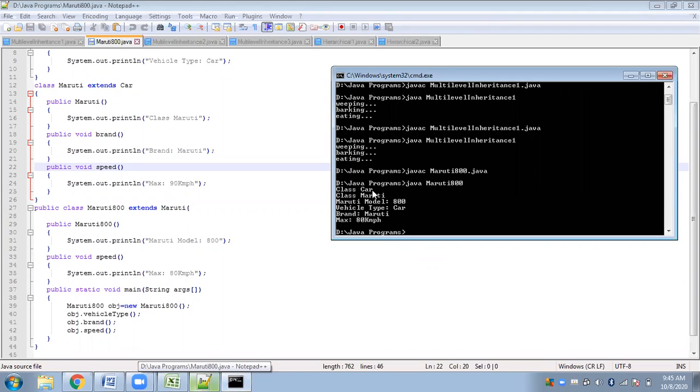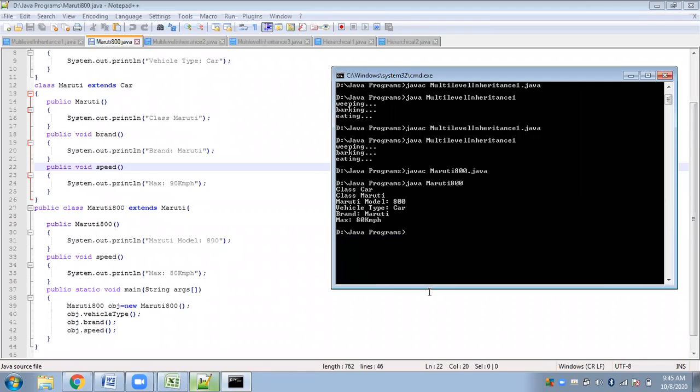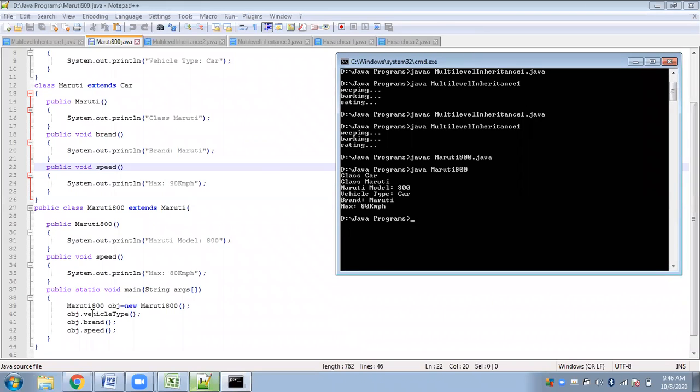See here, first the constructor. Always remember that we have not spoken about constructors in case of inheritance. We will be discussing how constructors are inherited and so on. But here, since we have used a constructor, let me tell you that although we have invoked the three methods, vehicle type, brand, and speed,